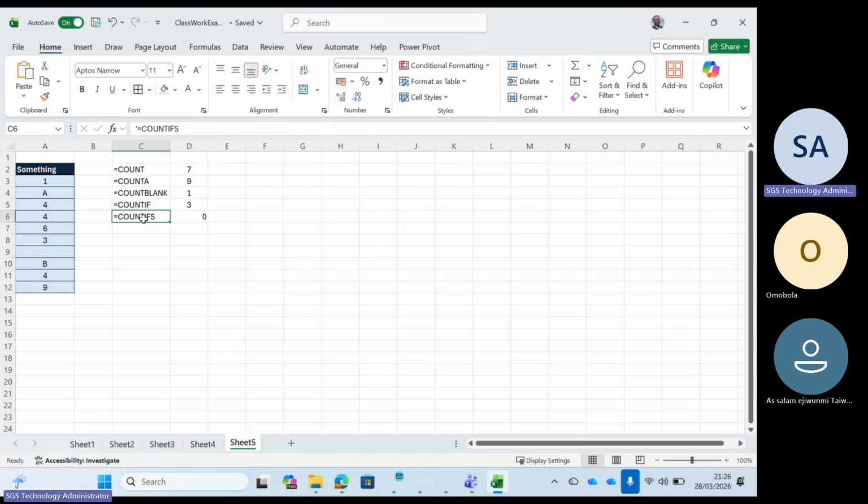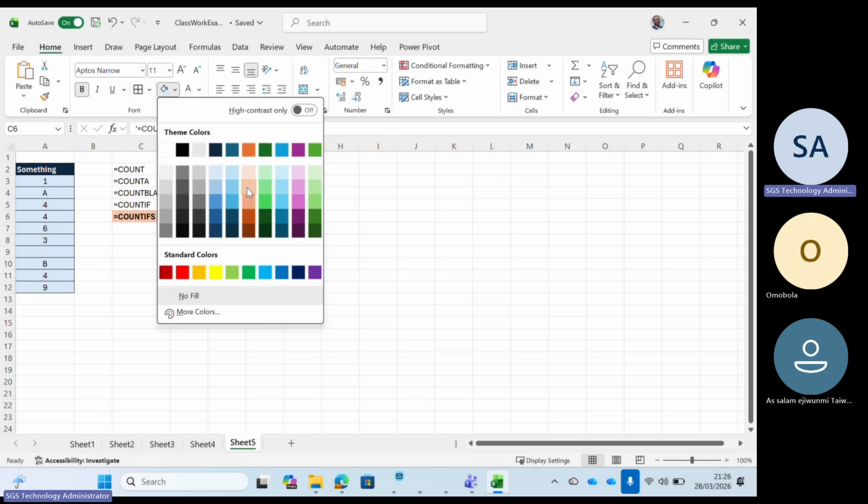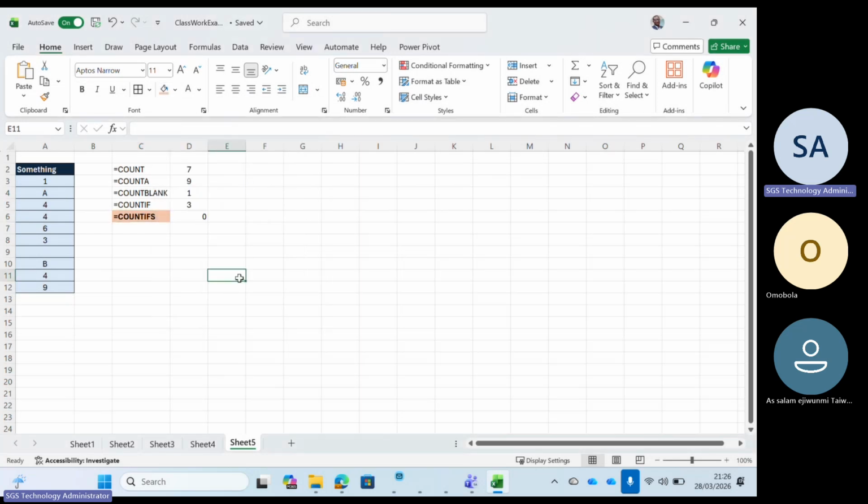I will find out why. Let that one not disturb the class. Let me highlight it so that I'll come back to it all the time. It's supposed to give me 4. I don't know why it's giving me 0. So let's